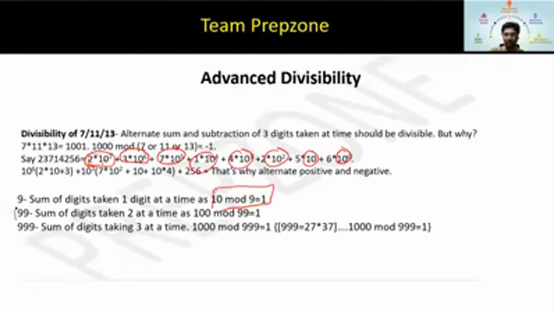Okay. What about 99? What will happen with 99? Same thing will happen. 100 mod 99 is what? 1. So you will make pairs of 100. So if you are making pairs of 100,